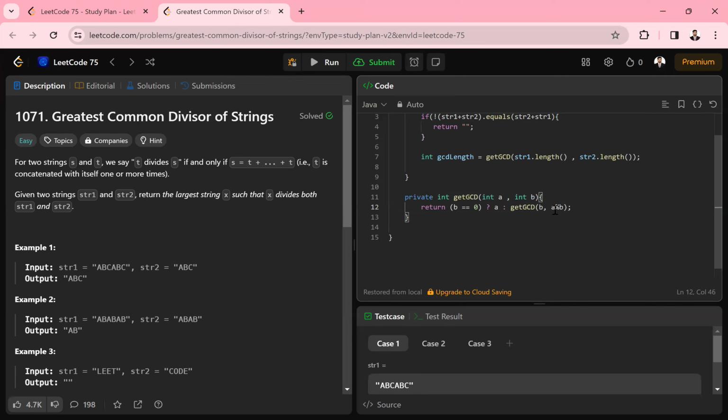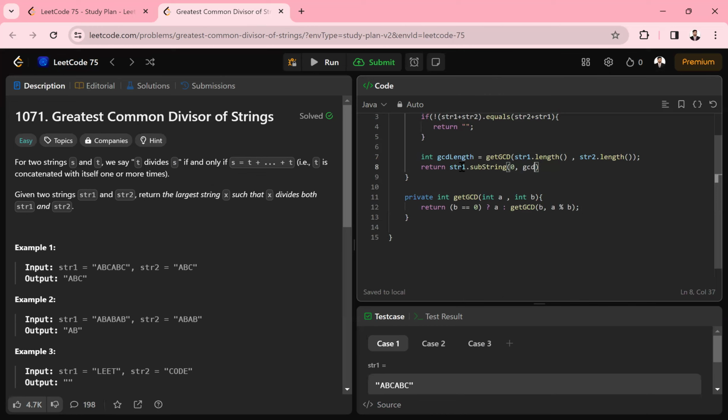Right, the percent will give us the remainder value, and here we have to return str1 dot substring 0 to gcd, the get gcd length.